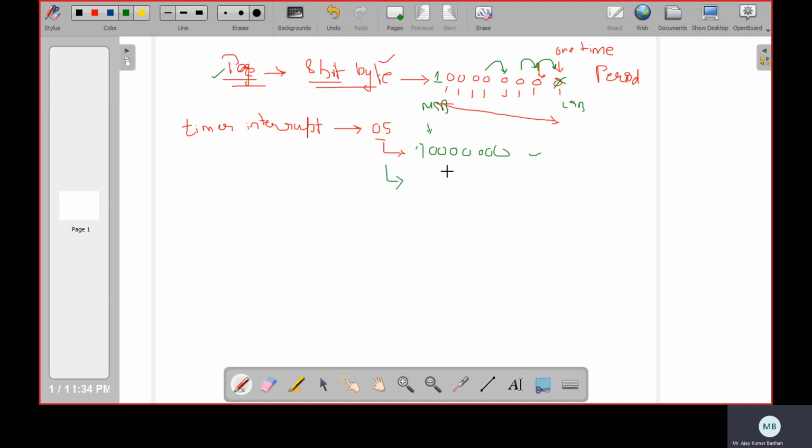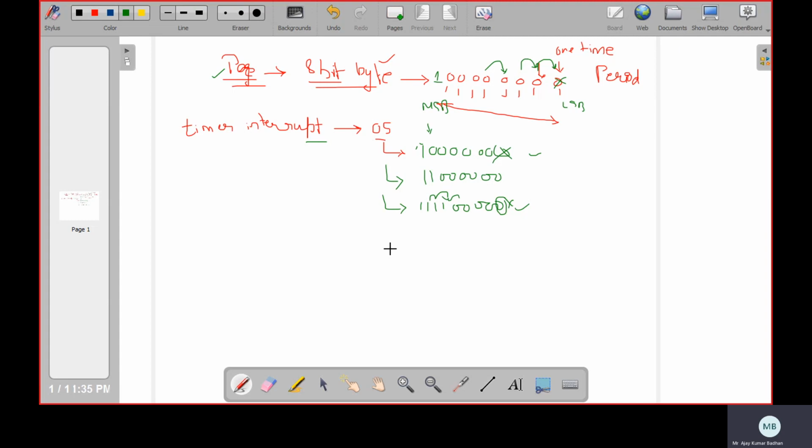Now in the second time period, let us suppose that page is referred again, then it becomes 1, 1, followed by the remaining bits. You can see this bit has been eliminated and we have simply added 1 here. In the next time period, this page is accessed again, so it becomes 1, 1, 1, and so on. I think you are getting the understanding, right? Whenever the page is accessed in a period, we shift one bit towards the right, eliminate the least significant bit, and add 1 here.